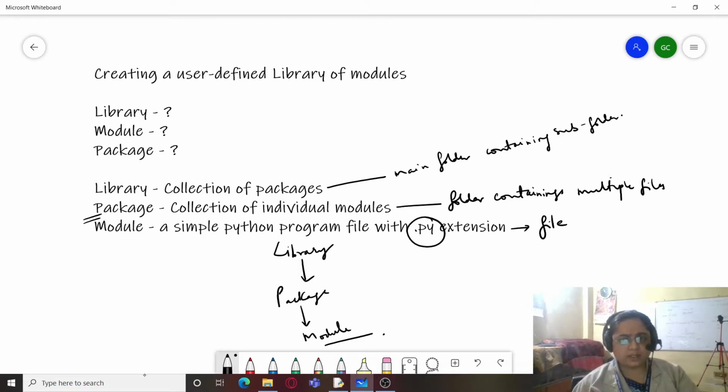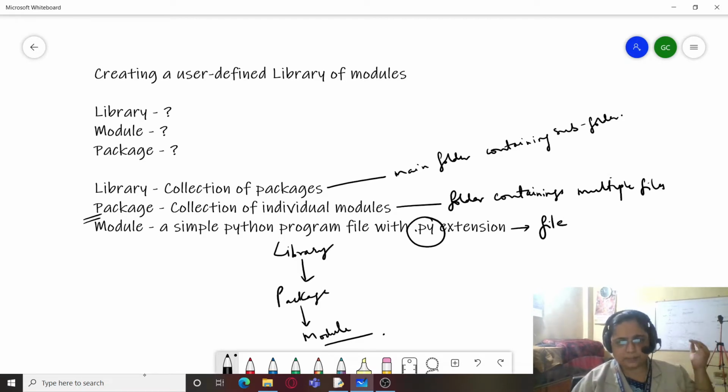So library we know is a collection of books. Okay, it's not just a collection of books, it's a collection of cabinets. Each cabinet contains certain category of books. So we can say that a library is there. Within that library, different racks and cabinets are fixed for different purposes, for different subjects.